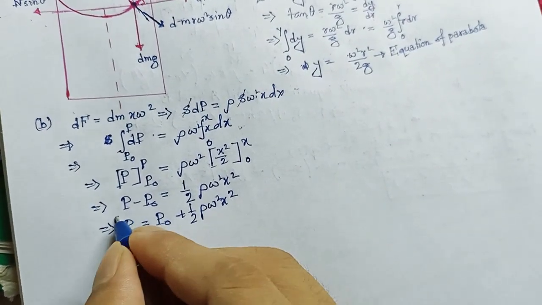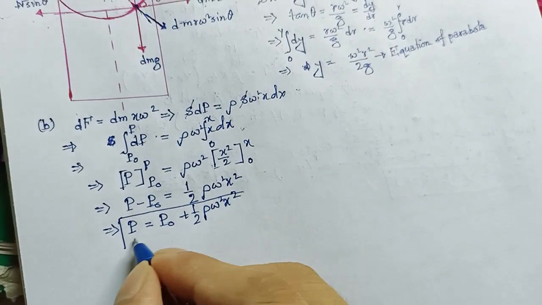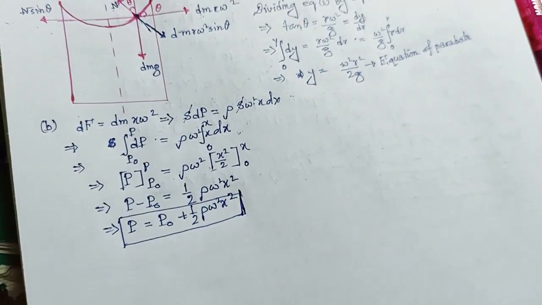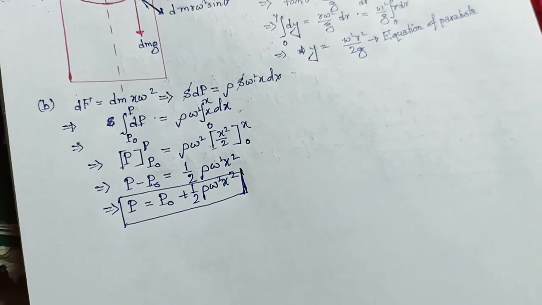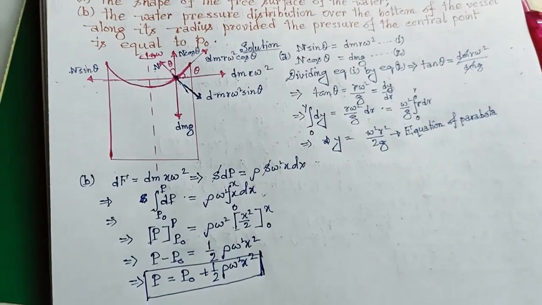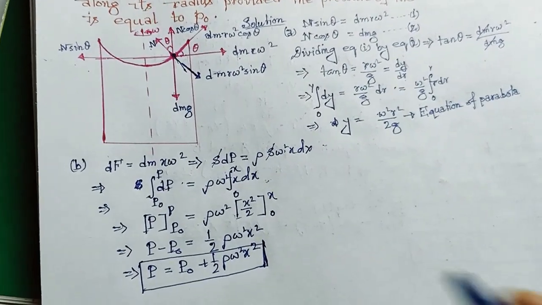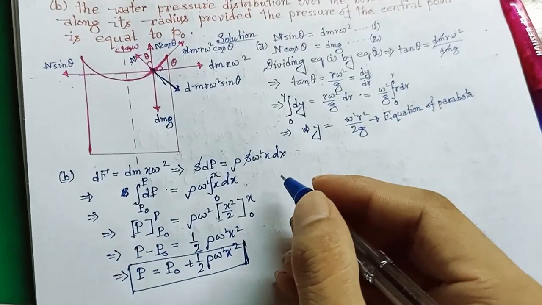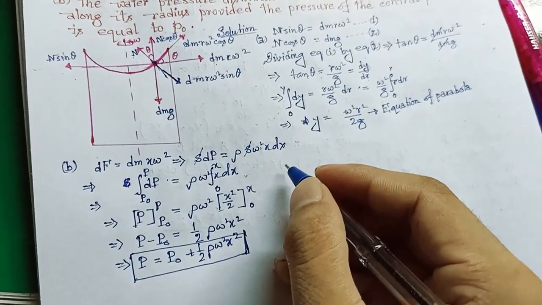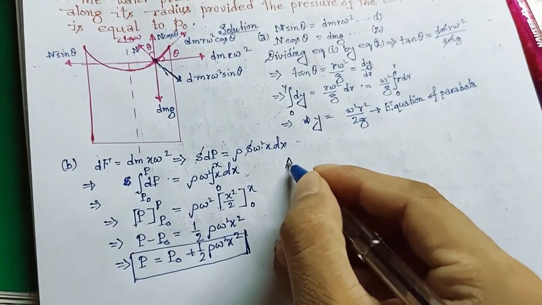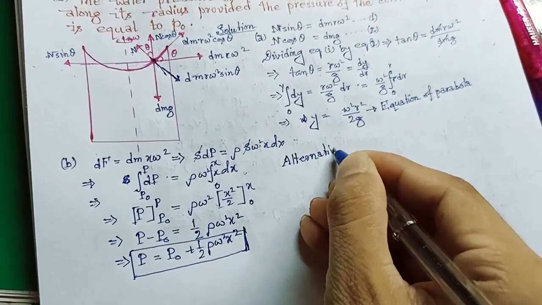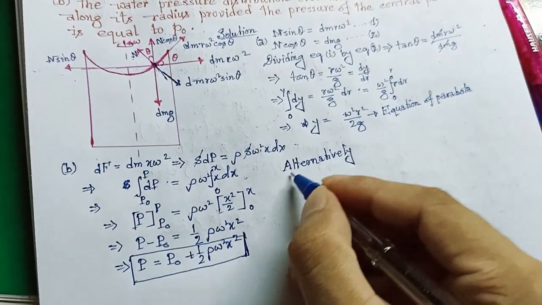So this is our equation for finding the pressure variance with x axis. Now there are different ways of solving this question. So let us discuss an alternative way for solving this question. So alternatively, we can write